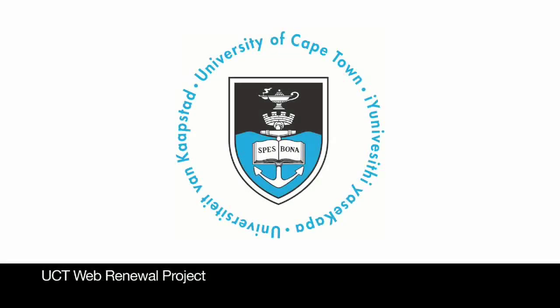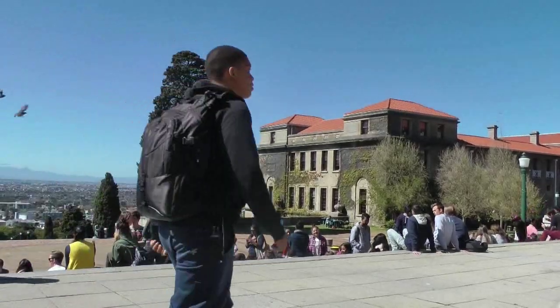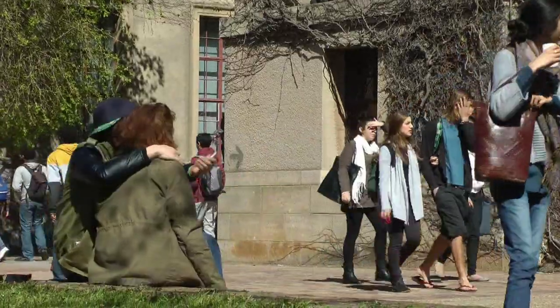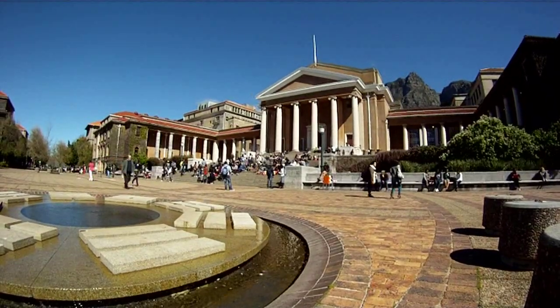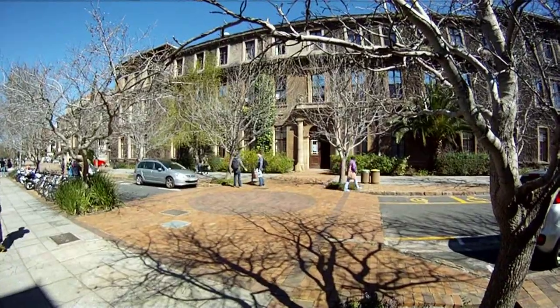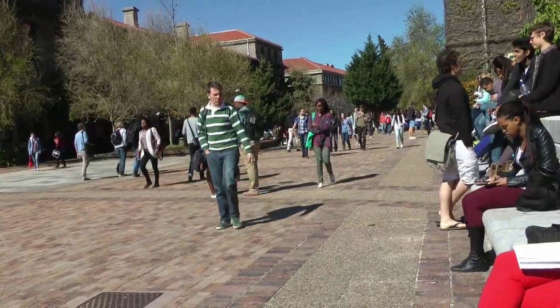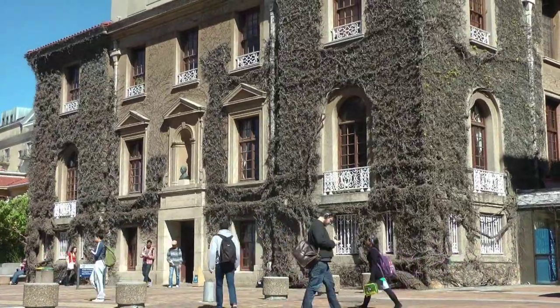Through the years, the University of Cape Town has played an important role in shaping the lives of many South Africans. With 23,500 students and 4,500 staff operating across 6 faculties, UCT is Africa's leading teaching, learning and academic research institution. In order to share knowledge, support and inform students, academics and the interested public, UCT publishes information on more